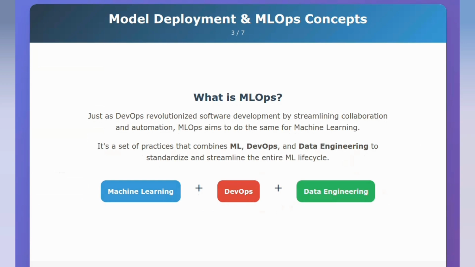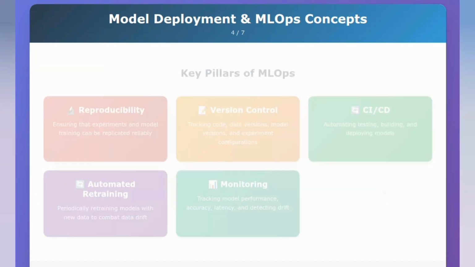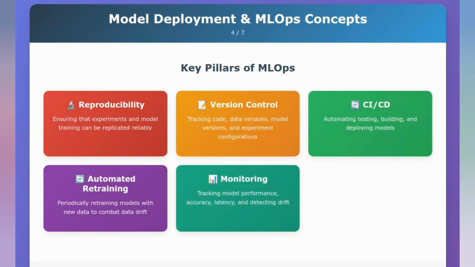Just as DevOps revolutionized software development by streamlining collaboration and automation, MLOps aims to do the same for machine learning. It's a set of practices that combines ML, DevOps, and data engineering to standardize and streamline the entire ML lifecycle. Key pillars of MLOps include reproducibility, ensuring that experiments and model training can be replicated reliably;